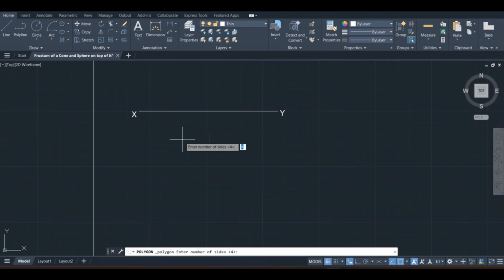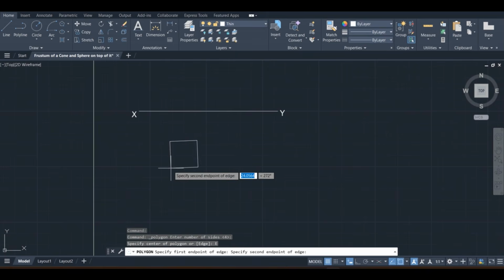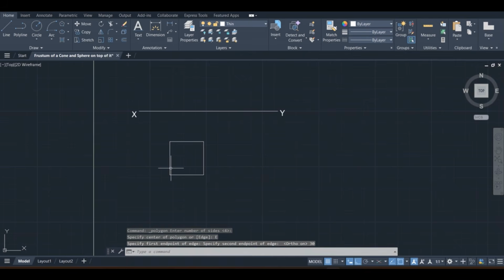Now draw the square. Select the polygon. Number of sides 4. Then click on edge. So click here. Switch on ortho. Side is given 30. Now in this square, all sides are not making equal inclination with respect to VP. Two are parallel to VP and remaining two are perpendicular to VP. So rotate this object about any point and the angle is 45 degrees. Now see, this is how it comes.